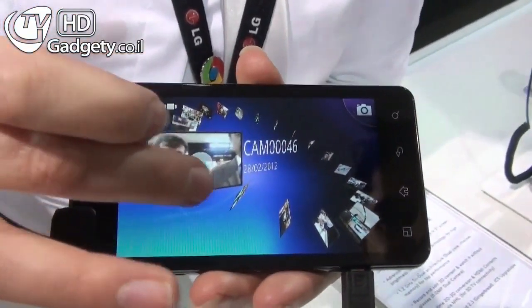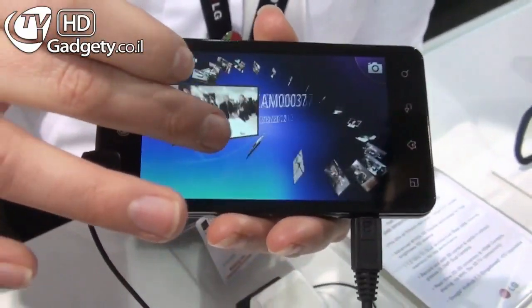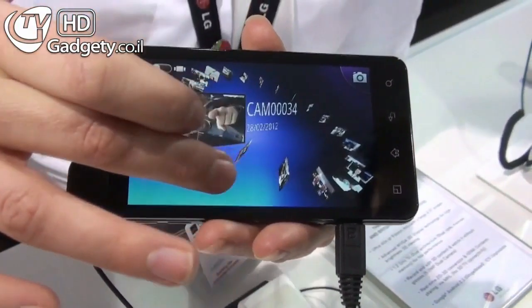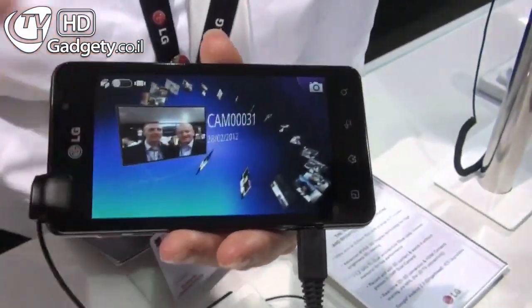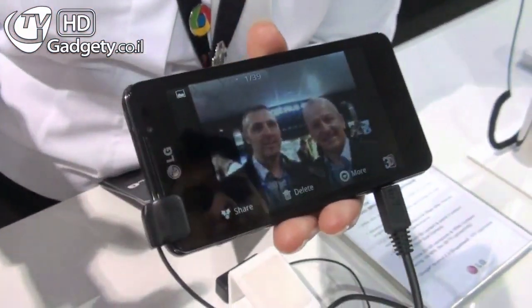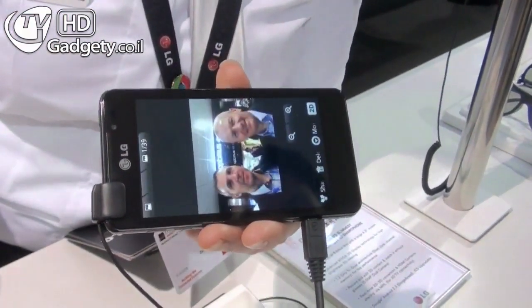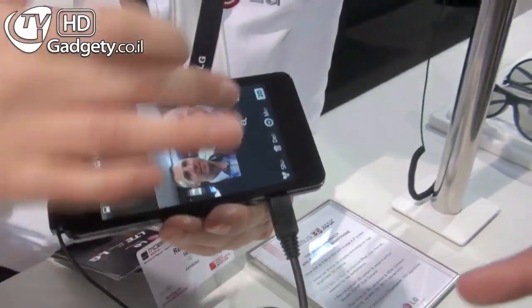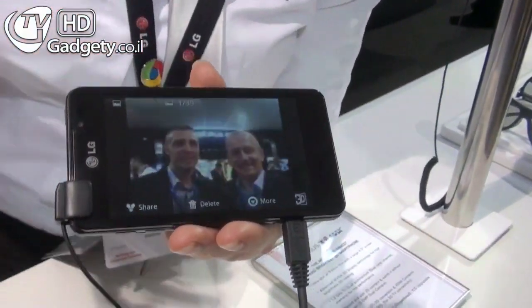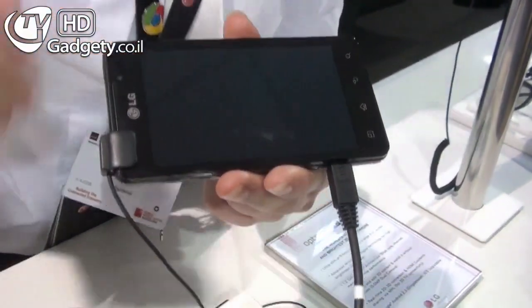So then we also have some images. So you can picture a 3D image and then show it as a 2D image. Yes, by the touch of a button. There we have a 3D image, and again that gets changed to a 2D. And it's a 5 megapixel camera, yes. So, cool feature on this phone.